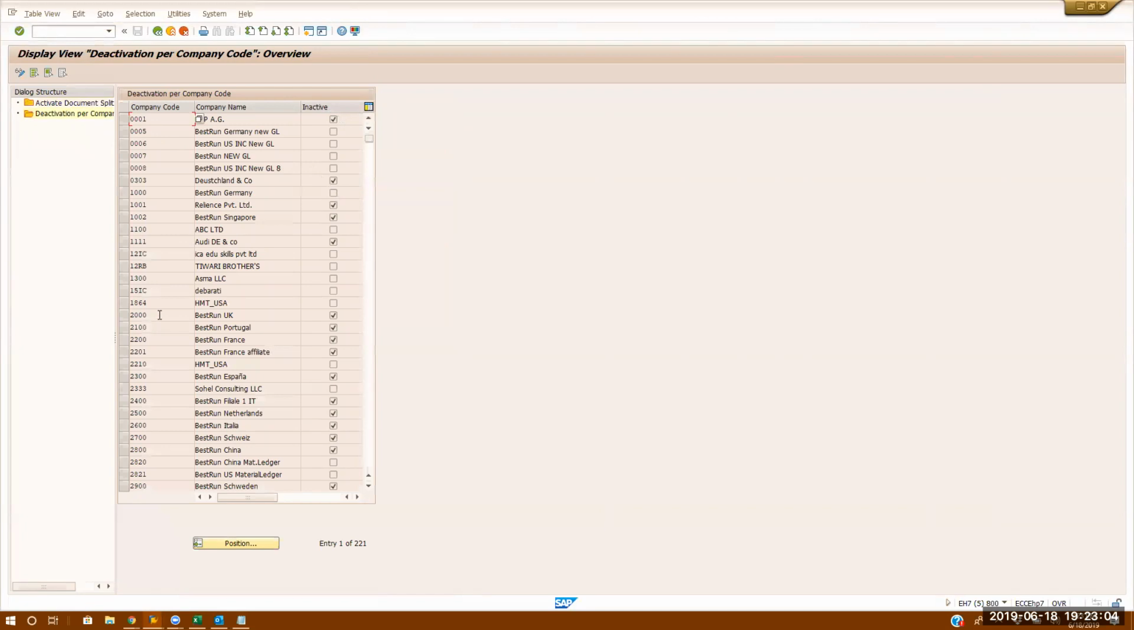Similarly, 3000 is not activated. Sorry, it's inactive, which means this one is activated. So we'll work on the 1000 company code and see how this reacts. Let's do one thing. We will do a transaction in 1000 where the new GL is activated, and then we will also post transactions into some other company code, for example, our favorite